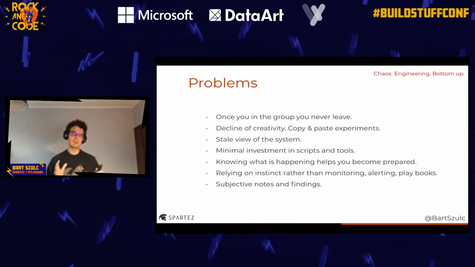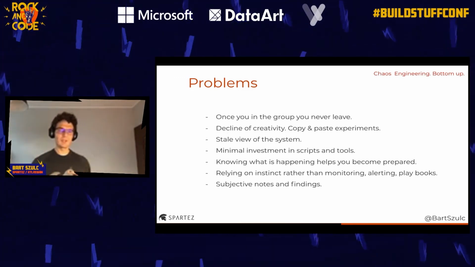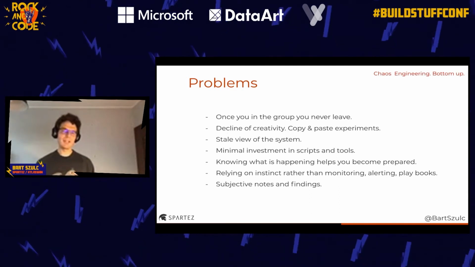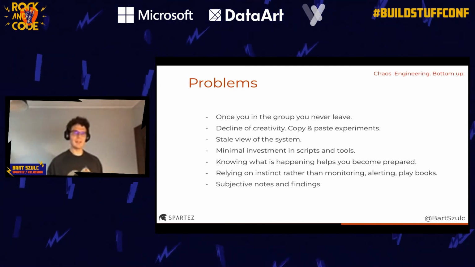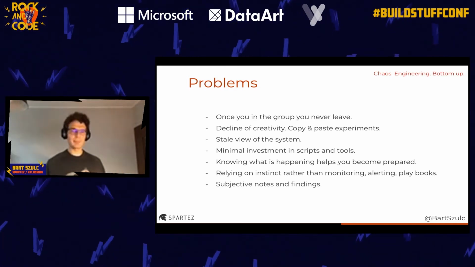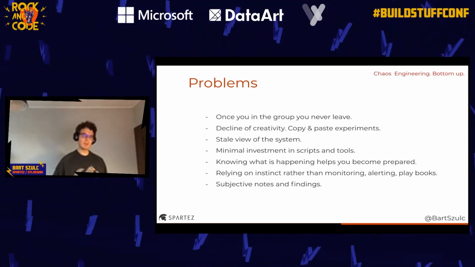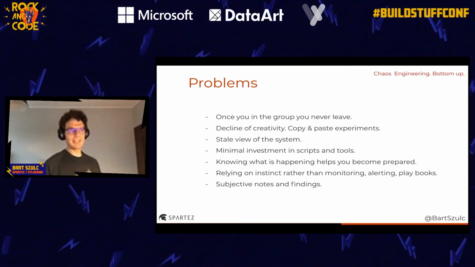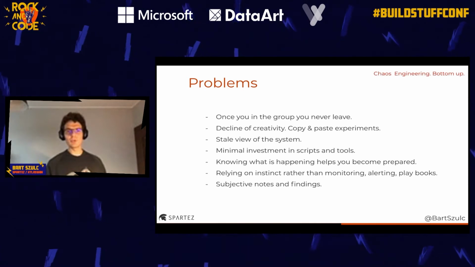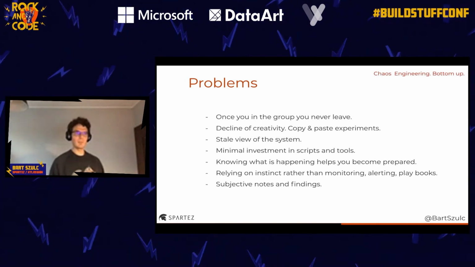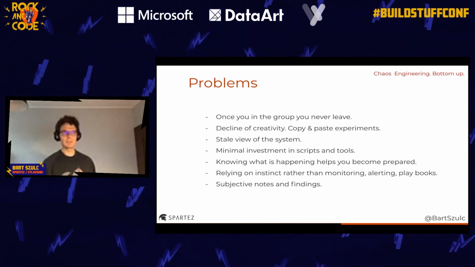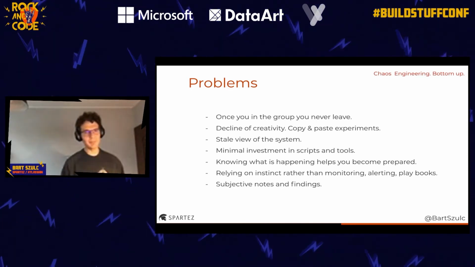And another big problem with war games that we found is that you know exactly what's going to happen, or at least you suspect what's going to happen when you run an experiment. You know what the failure is, so you have some expectations of what can go wrong, and you are prepared to address them. When in reality, when incidents happen on production, you don't know what caused them. You need to figure out, based on available monitoring, alerting, dashboards, etc., what is going on. So this part was definitely missing.